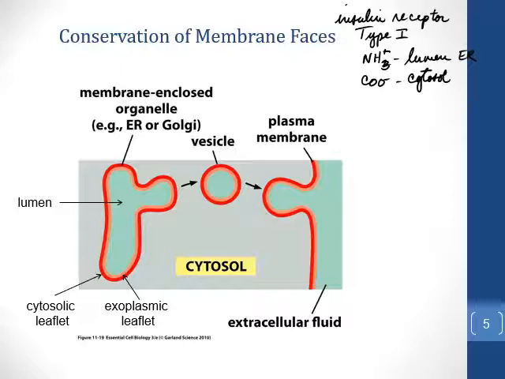We're going to incorporate those proteins into vesicles. Any protein movement beyond the ER is going to be vesicle mediated and is going to go through these vesicles that are part of the secretory pathway. So let's just assume we've got a protein not in the lumen of the ER, but inserted into the membrane. Now let's use our insulin receptor as an example. We said it's a type 1 protein with the amino terminus in the ER lumen. So let's put the amino terminus,